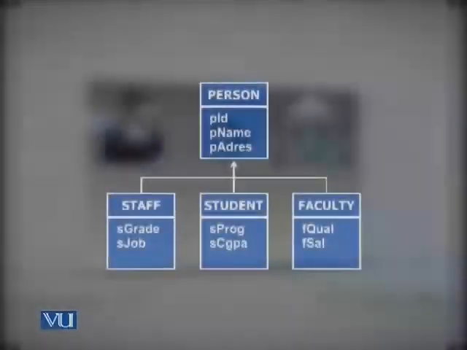And mind it, when defining the type for the student, we define only attributes that are specific for the student, but it has also inherited the attributes from the supertype. So when we see the table of the student, it includes both the attributes that have been defined in the student type itself, plus those that have been inherited from the person type. So if an object is of student type, then we will enter the data in the student table only.